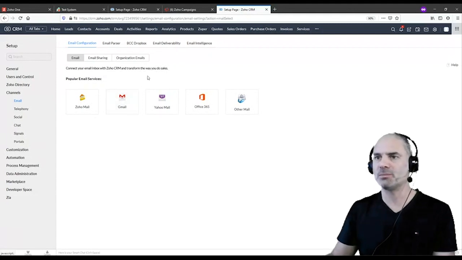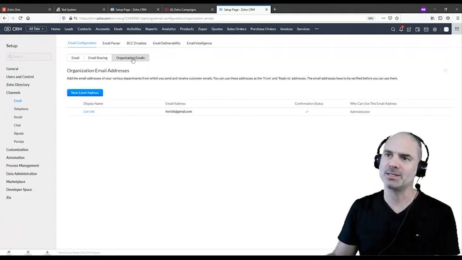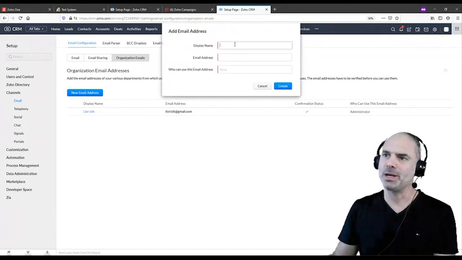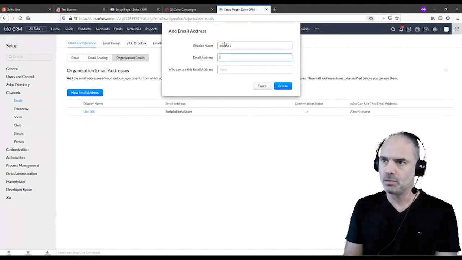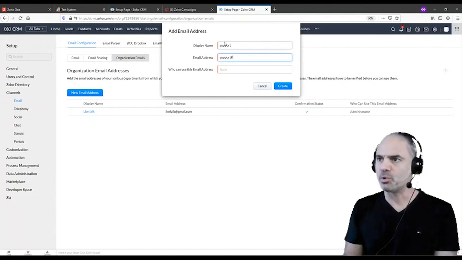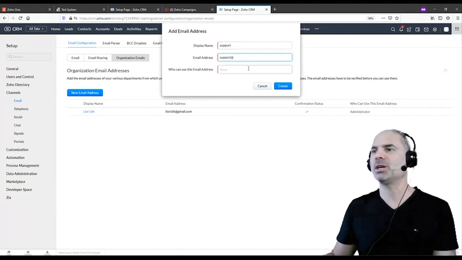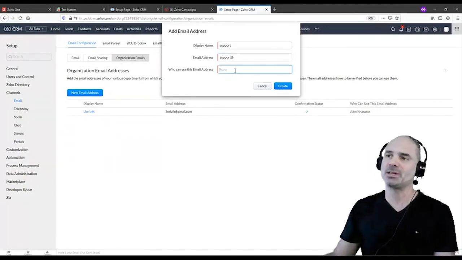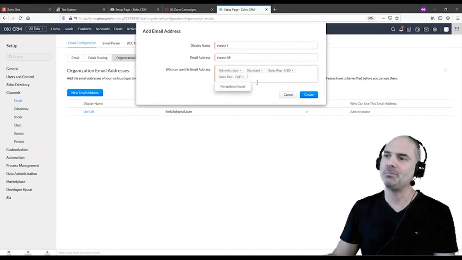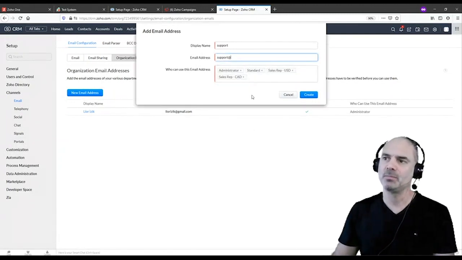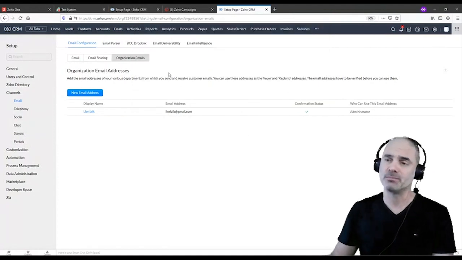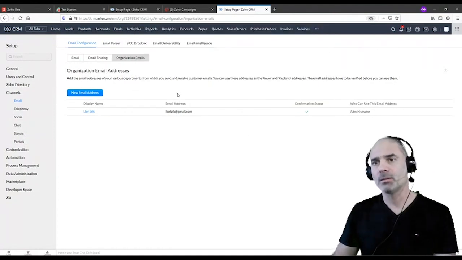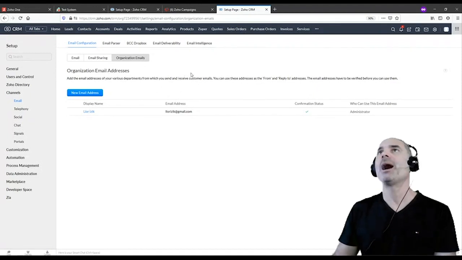So you do need to have support. What you can do here, you have the organizational emails. You can create support at, and in addition to your email, you will also have the organization email that anyone can use. I can give all the company the ability to use this specific email. Yeah, but then that's another option. How do you know that it was replied? If everybody gets a copy, you don't know it. So everybody will answer the same question. I see.